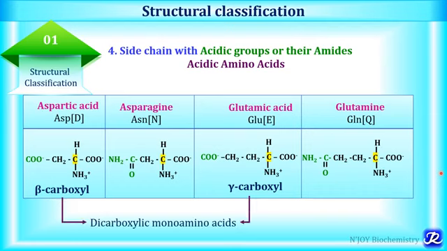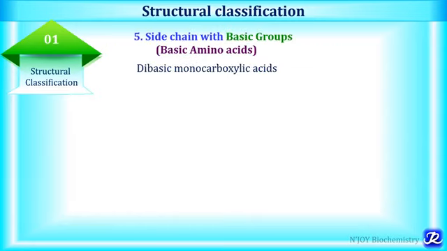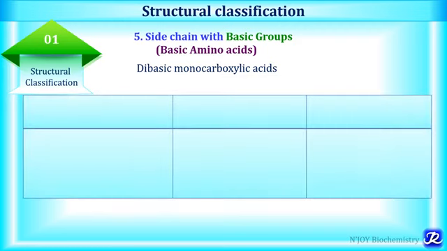Aspartic acid and glutamic acid are called dicarboxylic monoamino acids because they contain 2 carboxylic groups in their structure and 1 amino group. The fifth group is amino acids with side chains having basic groups in their structure. They are called basic amino acids. They are dibasic monocarboxylic acids because they have 2 amino groups and 1 carboxylic group in their structure, and the